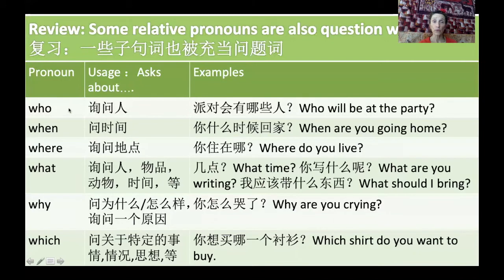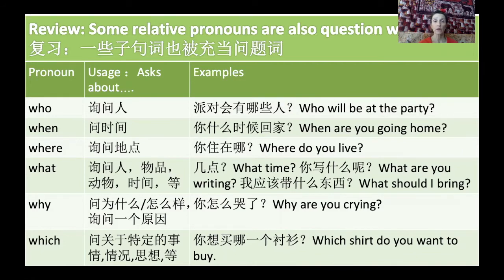So the word who, 询问人 and so who will be at the party, and the word when 时间 is what time, when are you going to the party, 你什么时候回家 when you're coming home, when you're going home,